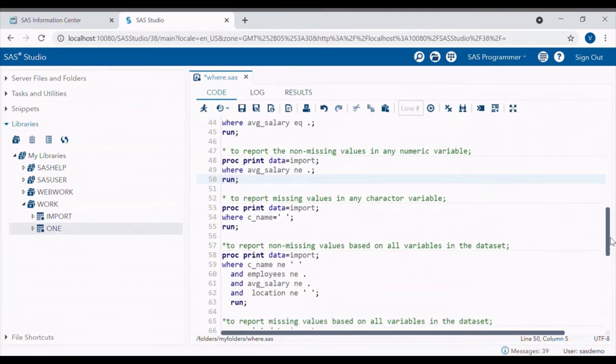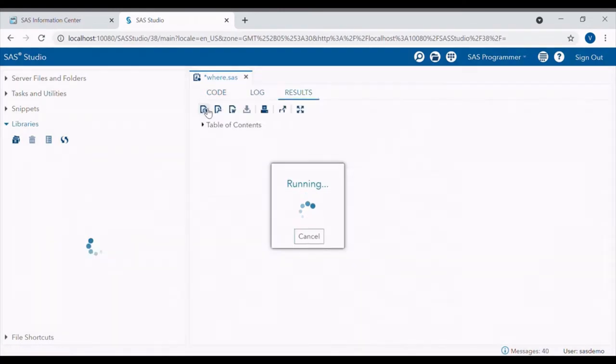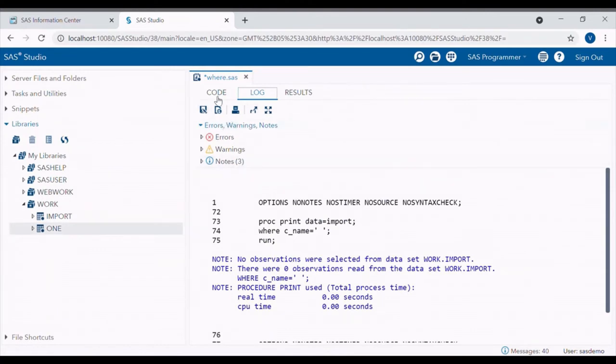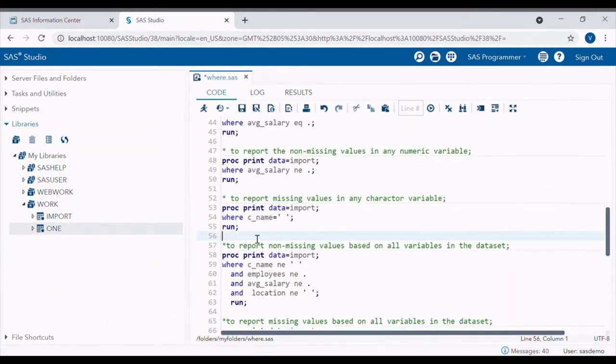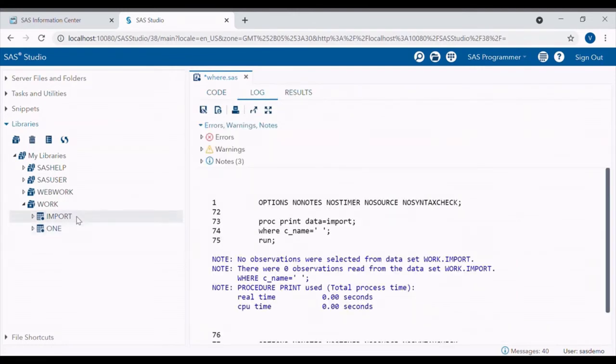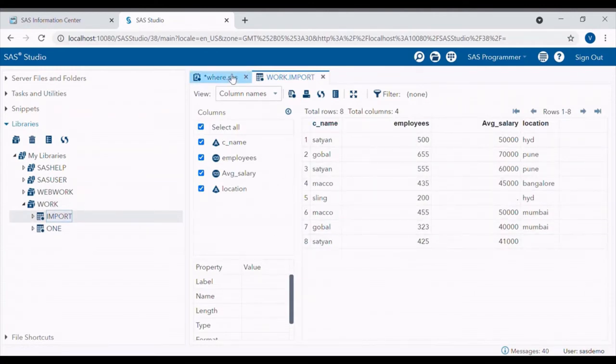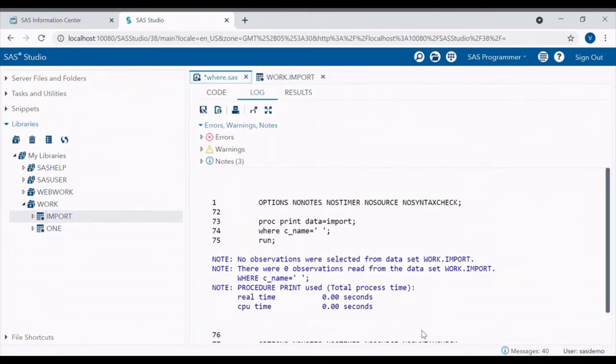To report missing values in any character variable, the code will be where CNAME is equal to blank in inverted commas, because in any character variable the missing value is denoted as blank, and I have used inverted commas because this CNAME variable is in character format. When I run it, because there are no missing values in CNAME, it won't show us the result.